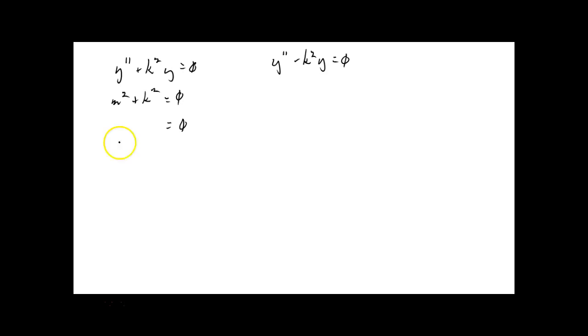So that means M is equal to IK. Would you agree? In fact, I would go so far as plus or minus IK. Yes. Okay. Now, if that's the case, what is your solution? Y is equal to